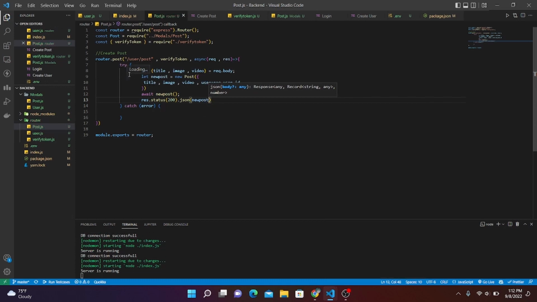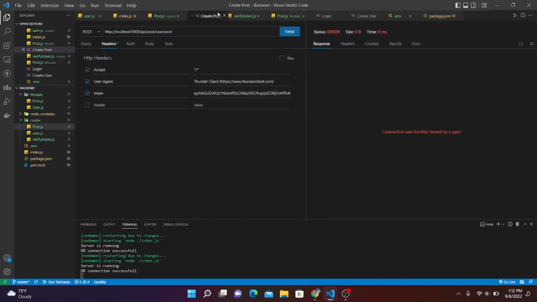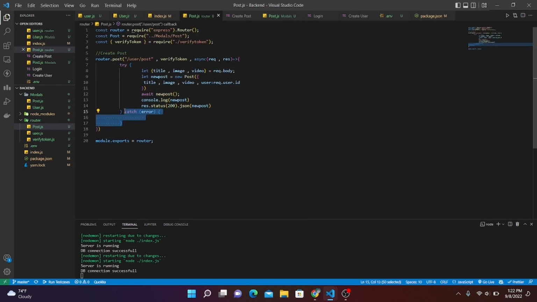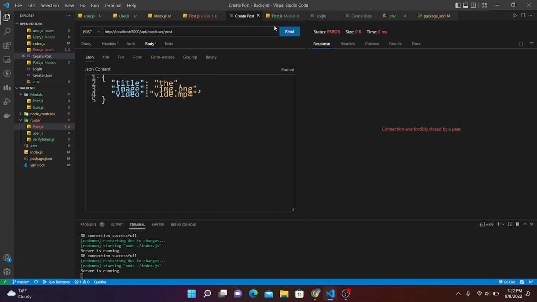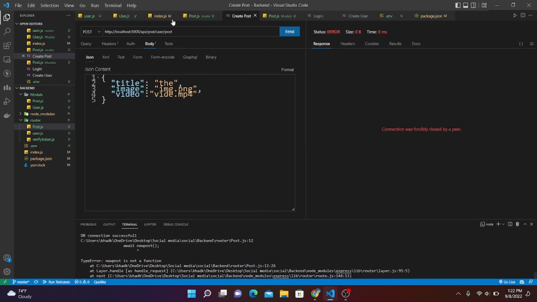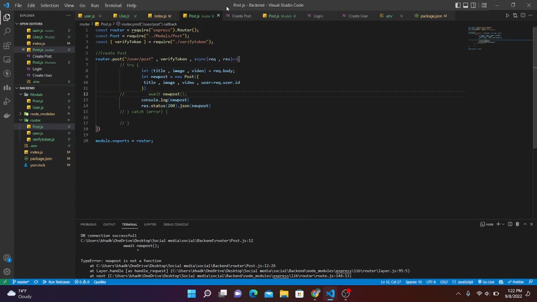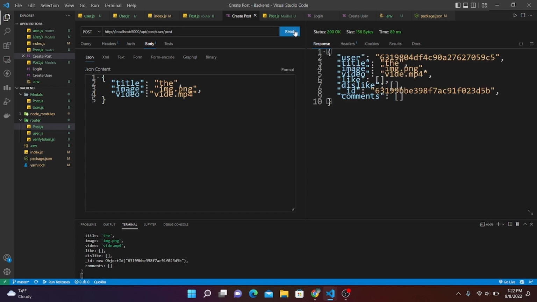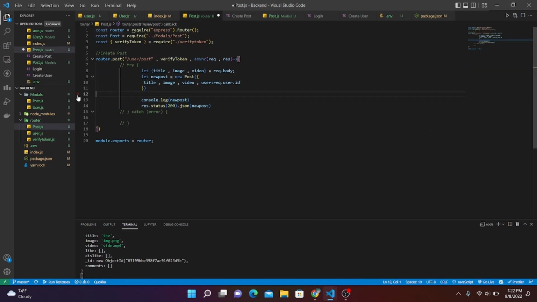So I hope it works. Let's go to our REST API, and okay, so let's write a title and let's write an image. Let's send this. Okay, so I got an error again, so let's go back and send this. And okay, I got an error in here, so again let's go back and try. Yeah, so it worked. So let's remove this,